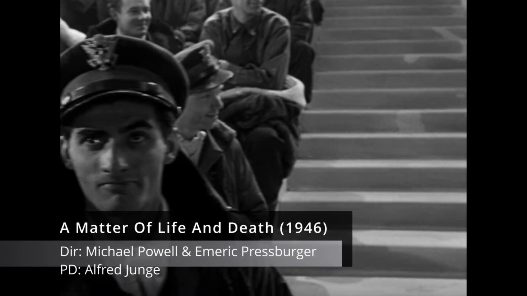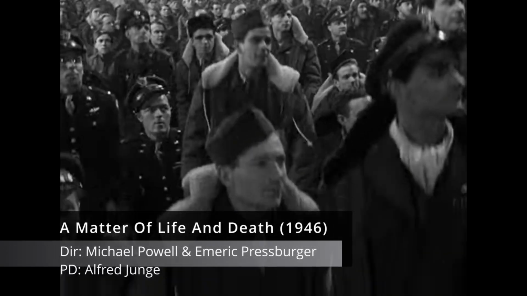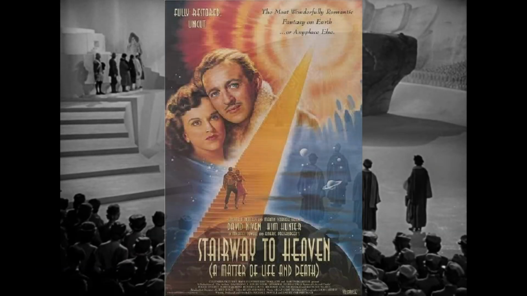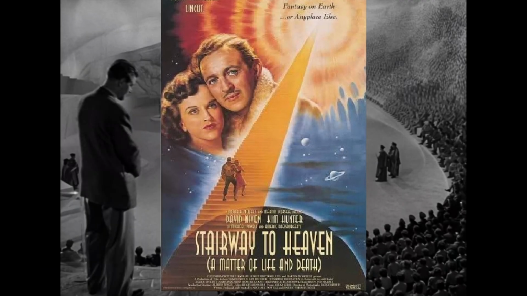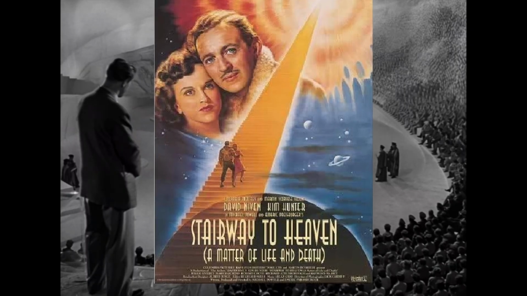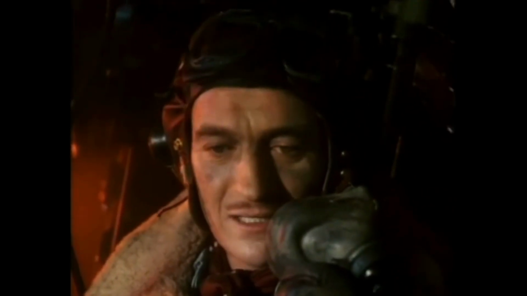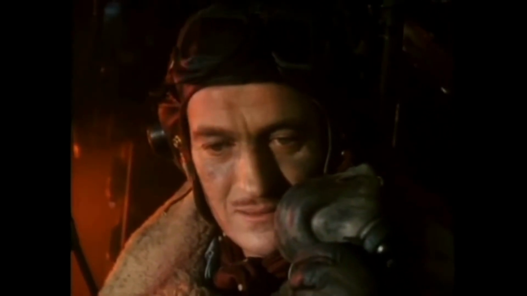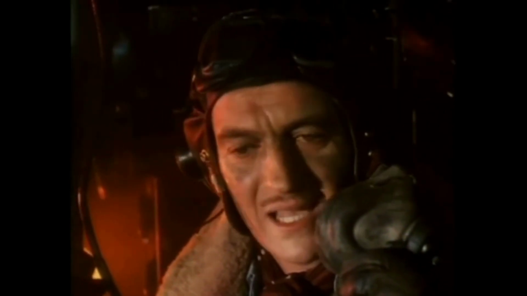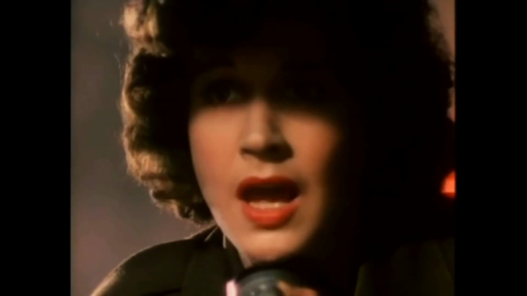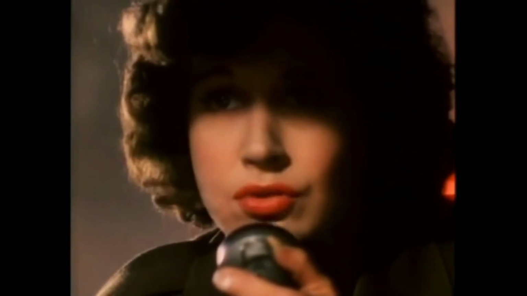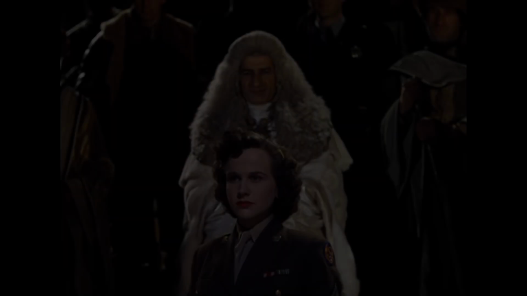One of the most iconic staircases in classic cinema appears in A Matter of Life and Death. It was the 10th picture that Michael Powell and Emeric Pressburger made together, and it was designed by Alfred Junge. A Second World War pilot miraculously survives a fatal crash, falls in love, and must plead his case in the heavenly court to keep his second chance at life, to continue the love story with the lady who took his radio call.